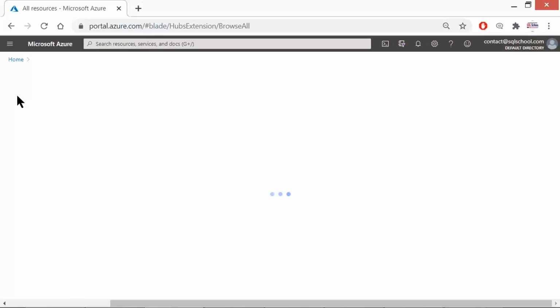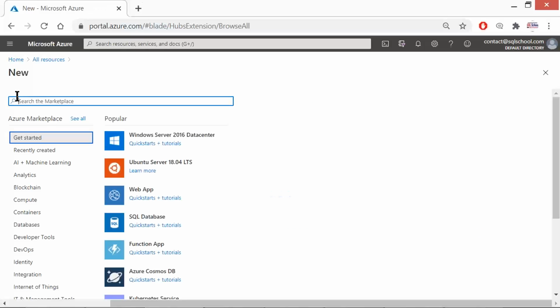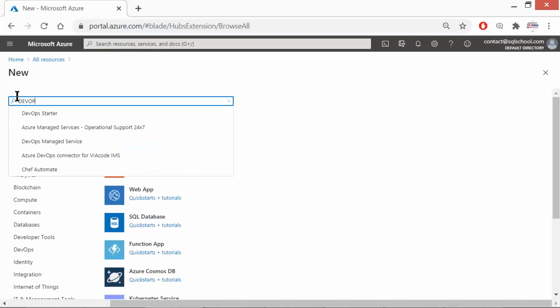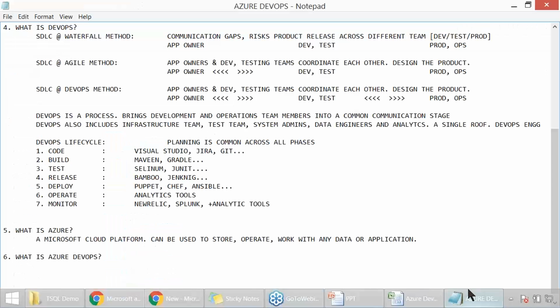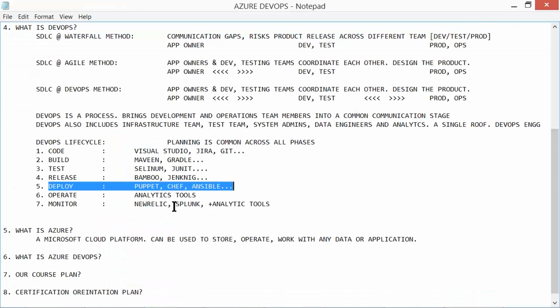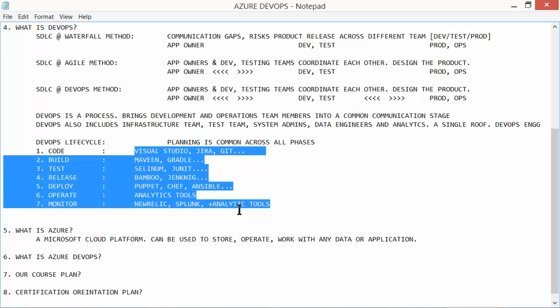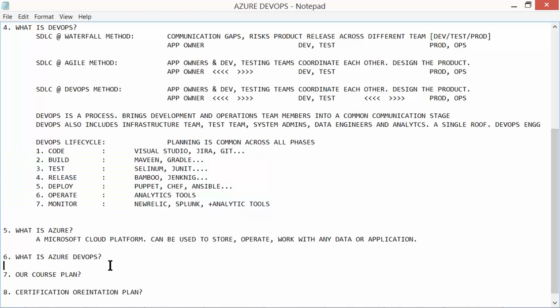In our course, we'll be understanding something called DevOps starters and DevOps managed service, etc. Or Chef Automate, which is what I was talking about in my notes for deployment activities. So in Azure, we need not worry with so many environments or tools. Just minimize them. The list is minimized, made simplified.